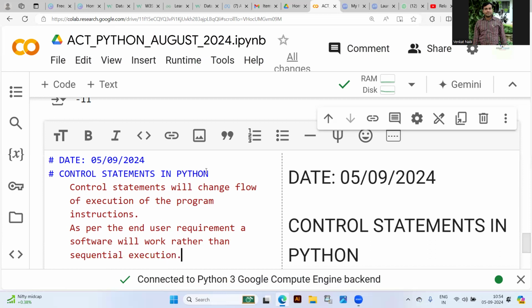See, the computer knows only one thing: if you write 10 lines of code, it will execute each line in a sequential fashion. It's the default nature of a computer program. That's the nature of the processor, we can say. But if there are 10 lines, there might be different conditions. Let's take